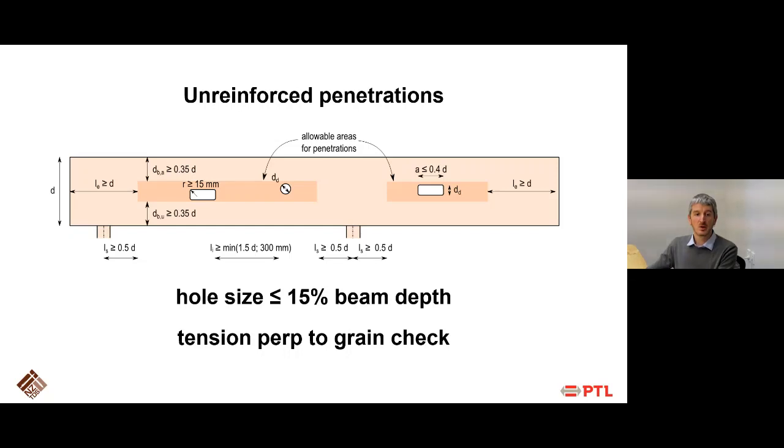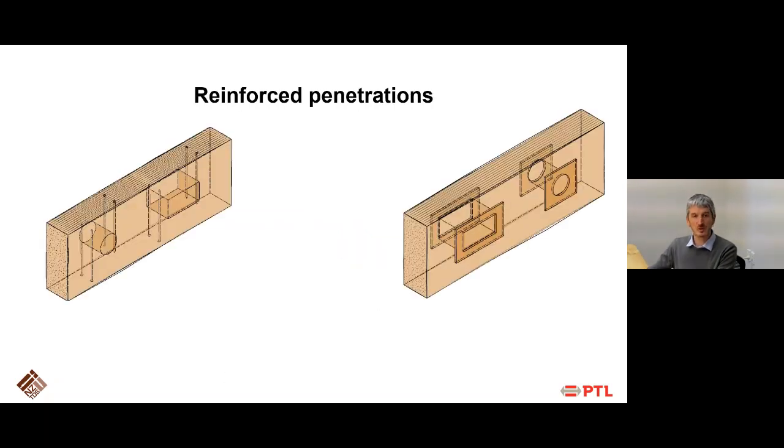Most of the time, you also have to check the section properties with its net geometry. So you have to take away the hole from your net section checks. Most of the time, you will have to rely on reinforced penetrations because your penetration probably will be more than 15%. So by using internal reinforcing like screws or glued-in rods,